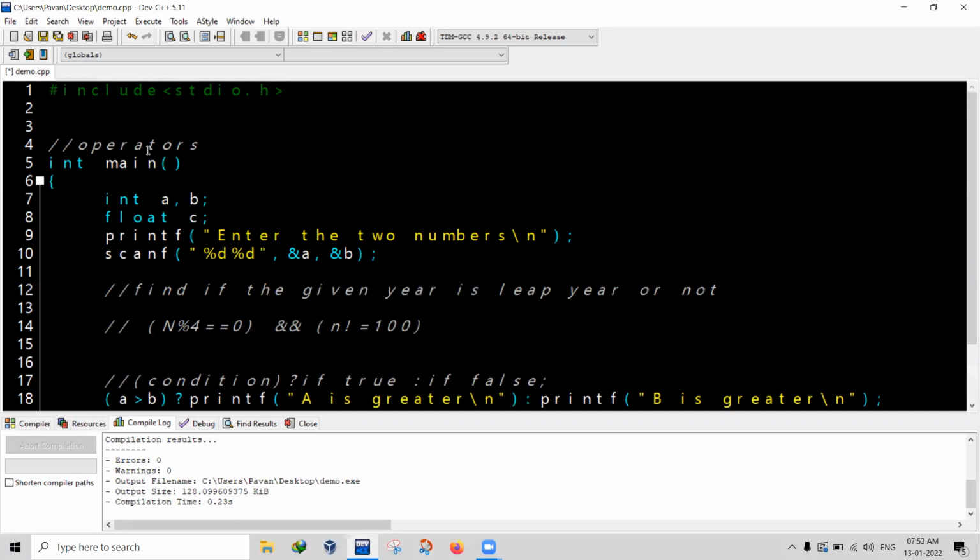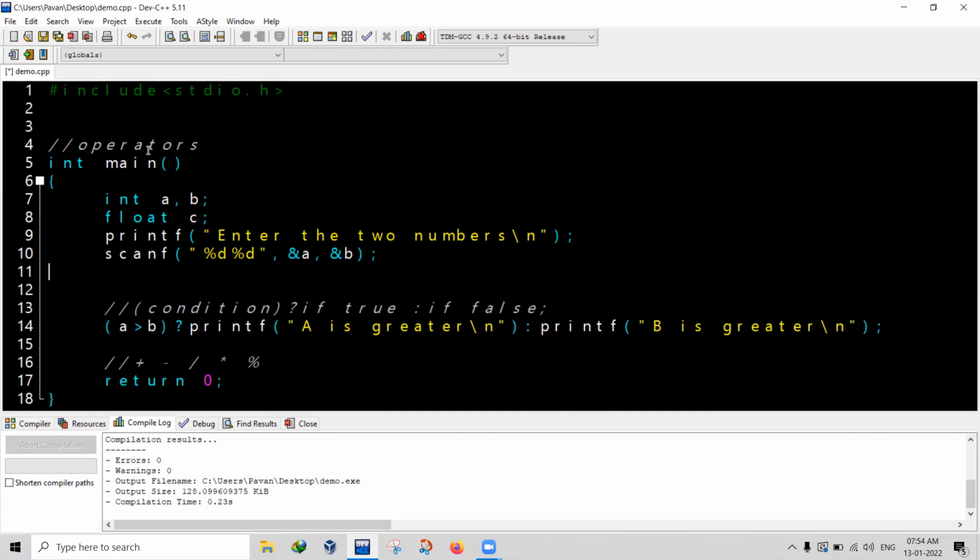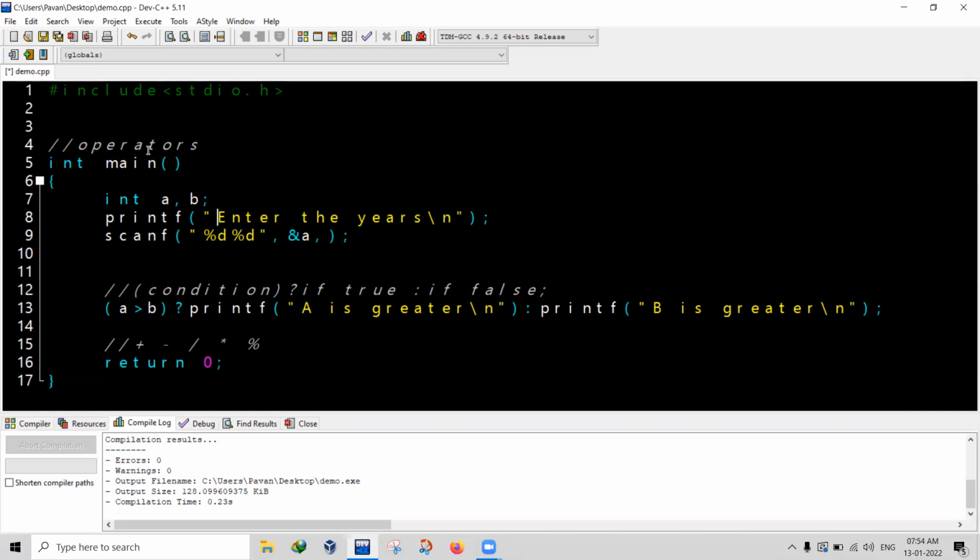This is the first condition. If the given year is divisible by 4, then it should not be divisible by 100. If this condition fails, we have a second condition, that is the given year, if it is divisible by 400, it is also a leap year. The first condition, it should be divisible by 4 and not by 100, or the second condition is it should be divisible by 400. Now see how I'll write this program. Same, come here. I'm taking the input of the year in the letter A. I'm just changing the program here itself. I don't want to waste my computer memory by creating new variables every time. Enter the year, right?